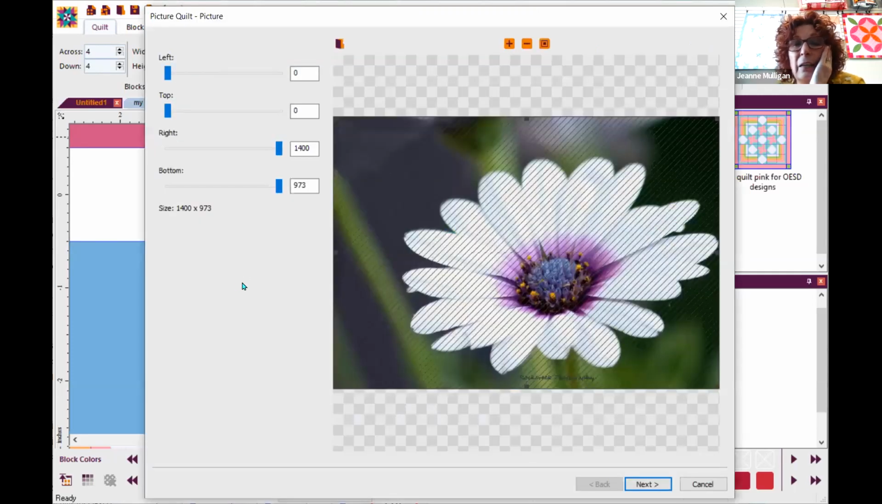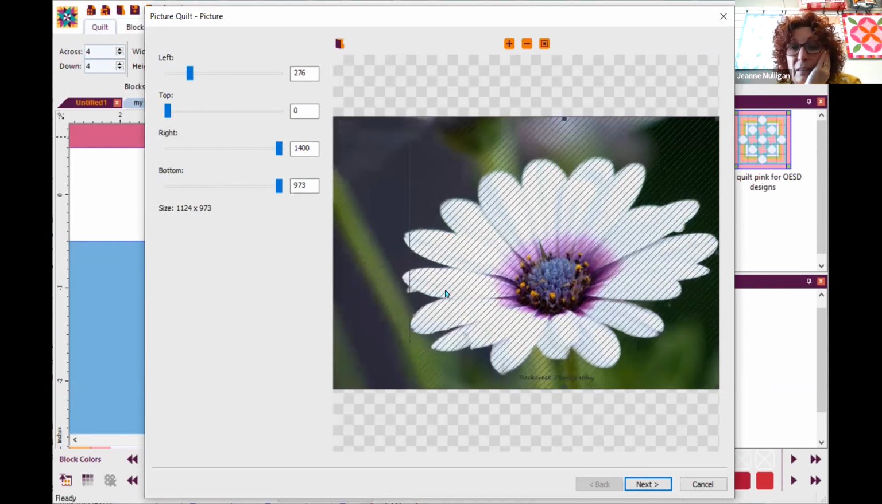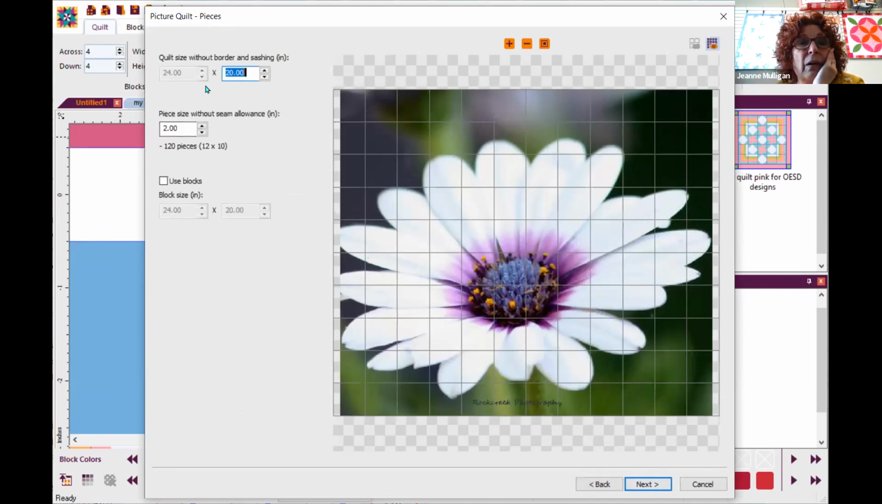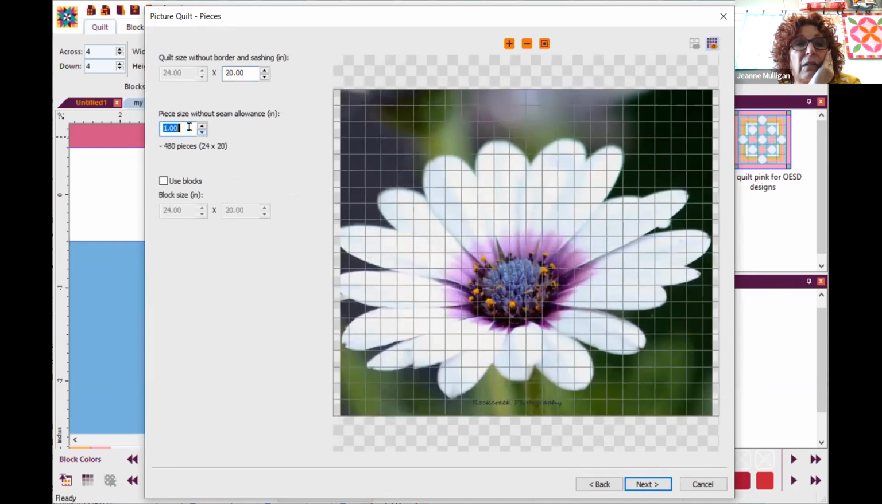So I'm going to get my picture here. Your sliders here set the size of your blocks and the size of your squares. I just left everything at the default and then clicked on next. And now is where I get to set the piece size without the seam allowance. Right now it's set at like 2. I'm going to take it all the way down to 1. Can I go any further? Yeah, 1 is the smallest I can go. And so you can see that my corners are not going to be really round, because if I have round edges like a flower,